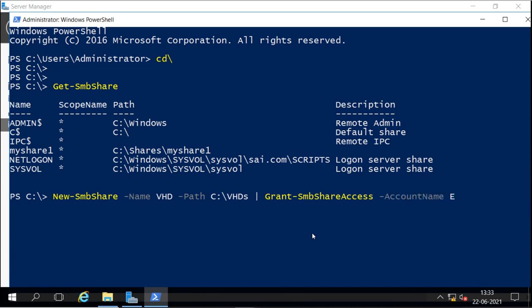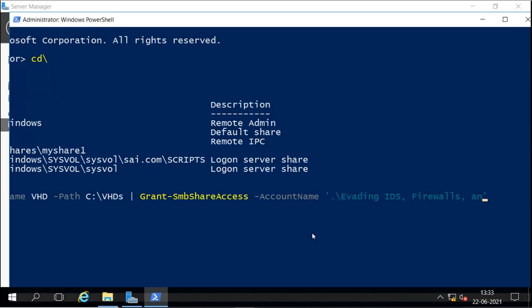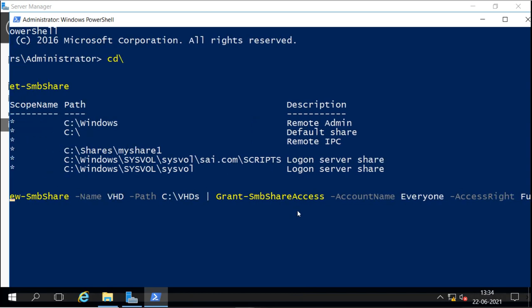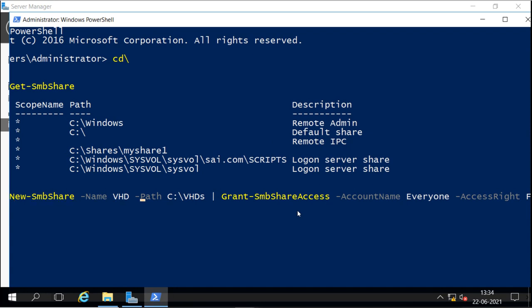So for example, I will go for everyone, and then I will go for the access right of full control. I'm giving everyone full control here. So this is actually two commands. The New-SmbShare command is to create the share, and the next command I am joining with the pipe. This pipe is used to join two commands.